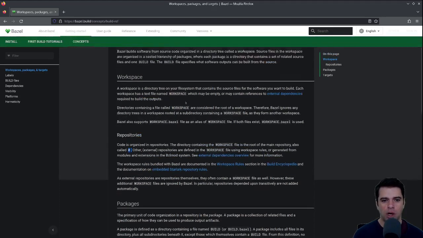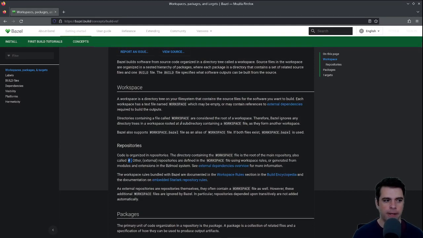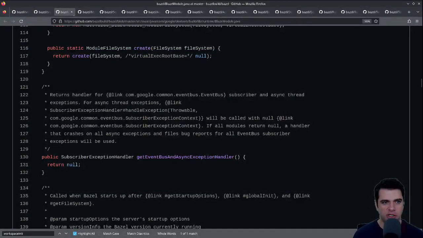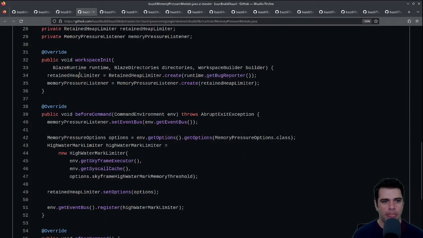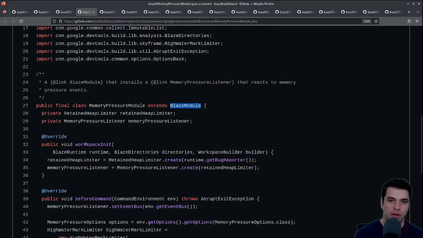Okay, so the repo you're building is your workspace. And then what happens is you have dependencies, and those dependencies have their own workspaces. And that's what a workspace is. Okay, so we're going to call on workspace init. So for each workspace, for your main workspace and also for the workspaces of your dependencies, if you're going to load,